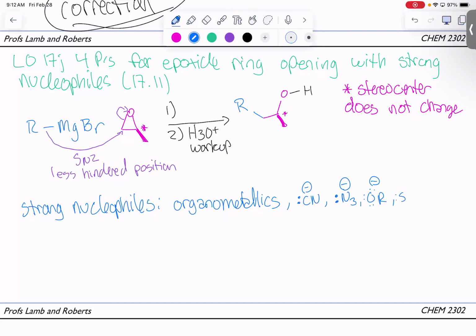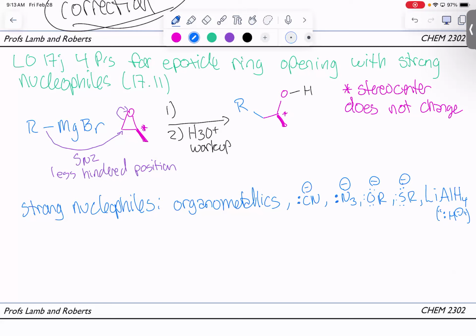We can use sulfur nucleophiles, thiolates, S minus. We could even use our old reagent, lithium aluminum hydride, because here we're talking about "H minus" effectively. These are all really strong nucleophiles. We see they're anionic, and they're not very hindered. They only have, for the most part, one group attached to the